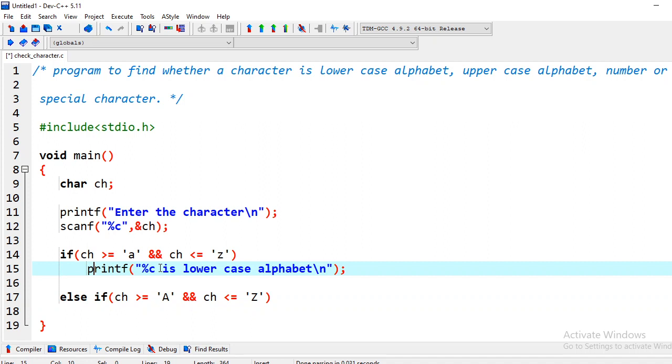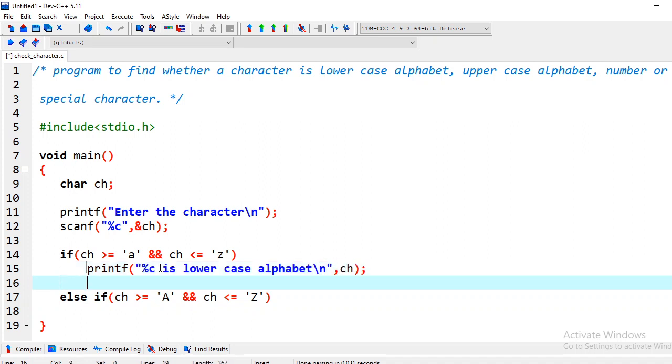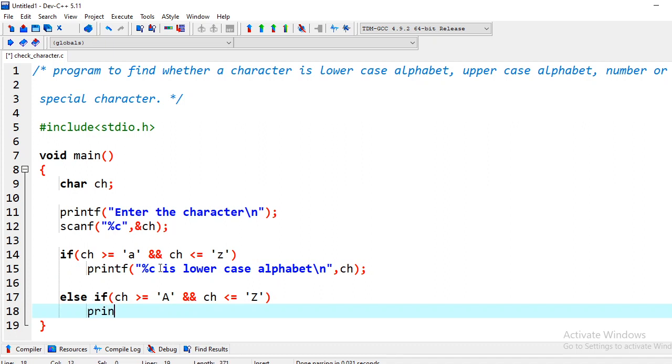So here we should write the variable name also. We will print %c is uppercase alphabet, and in the place of %c, ch should take the value.